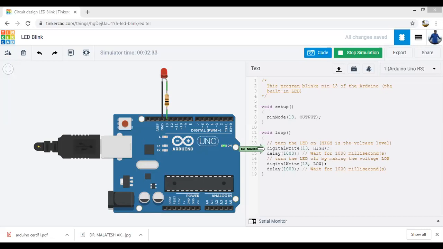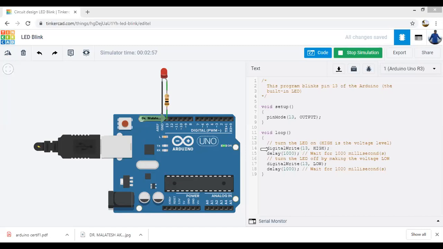It sends a high voltage to pin number 13. High voltage means 5 volts, so the LED will be on because the LED is connected to pin number 13. We can select any of the digital pins, but here pin number 13 is used.